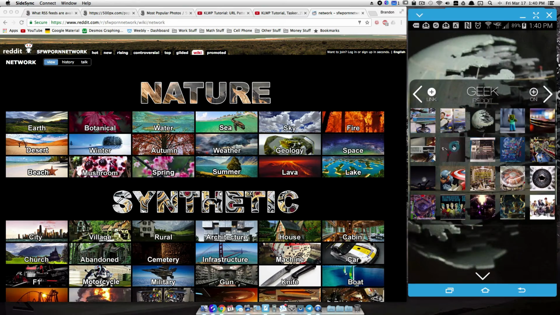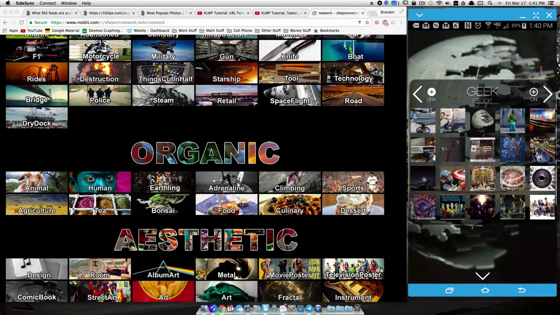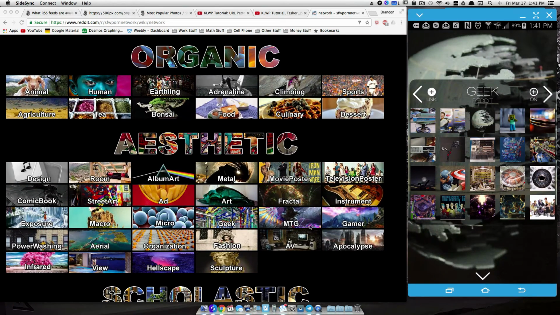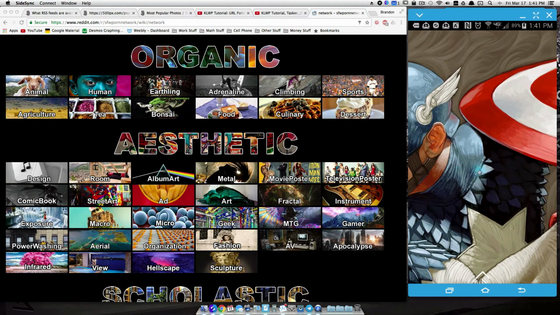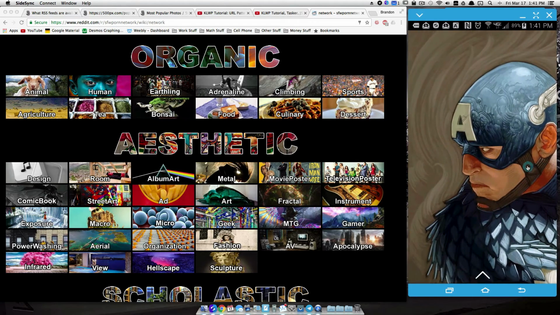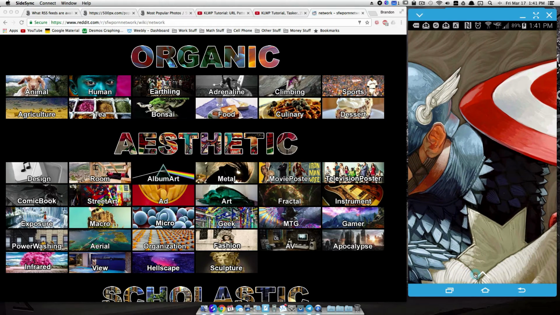So like here's geek. Where's that one at? Any of these you can add. So there's the geek one right there. We can click on Captain America, and then bam, there we have them right there on a scrolling wallpaper. Pretty sweet, huh? Now, for the tutorial, I'm going to show you 500px because that was the original request,